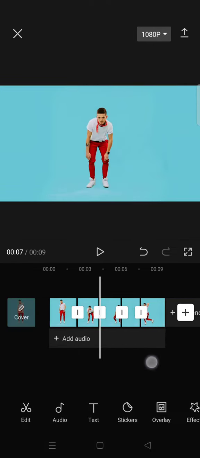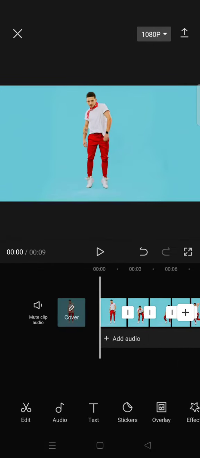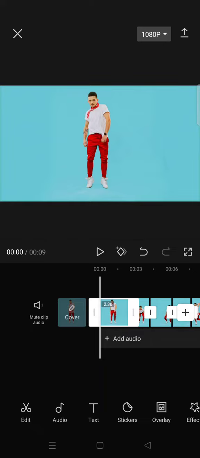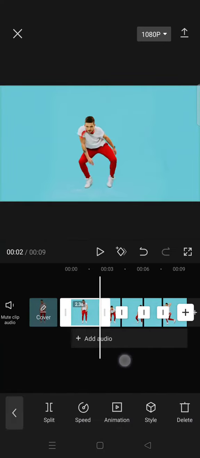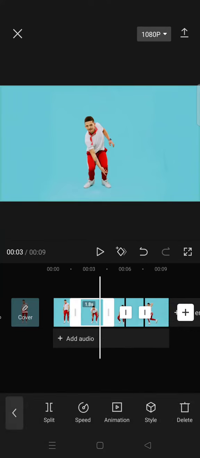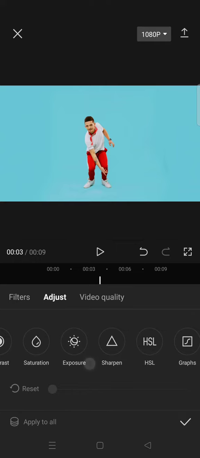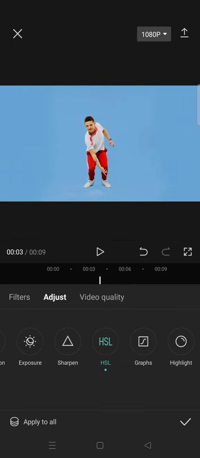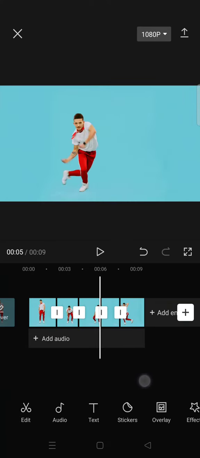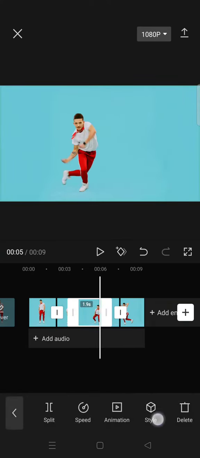Okay, so I've already split the videos. I'm going to just leave the first clip as it is. So I'm going to click on the second one and go to adjust, click on add cell, and click on the color of your background, then adjust the hue, click on a check icon, move to another clip,